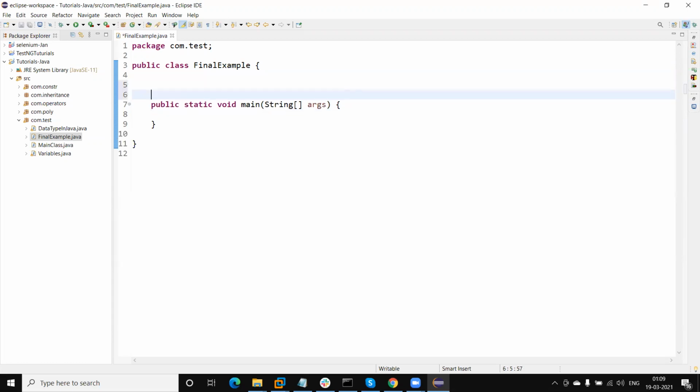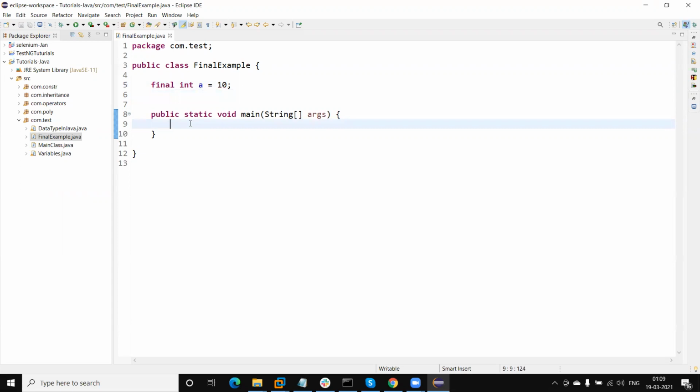Now I'm going to create one variable. This is final int a equal to 10. Let's suppose that we have a method here, public void setValue.